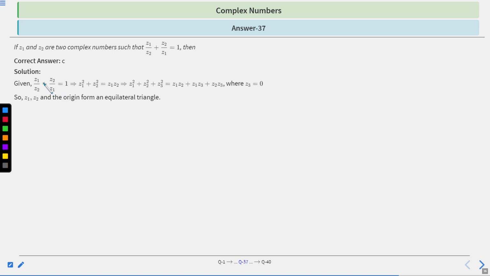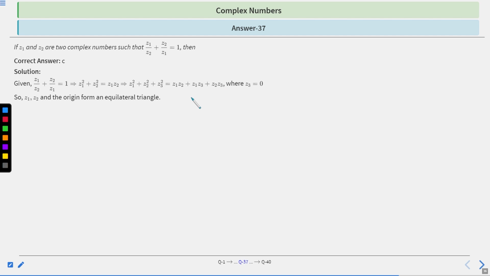Okay, so given that z1 upon z2 plus z2 upon z1 is equal to 1, after solving we'll get z1 square plus z2 square is equal to z1 z2, right? Now it can be written as z1 square plus z2 square plus z3 square, where let's suppose z3 is equal to 0, which is equal to z1 z2 plus z1 z3